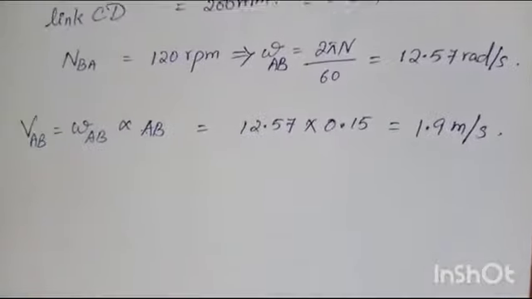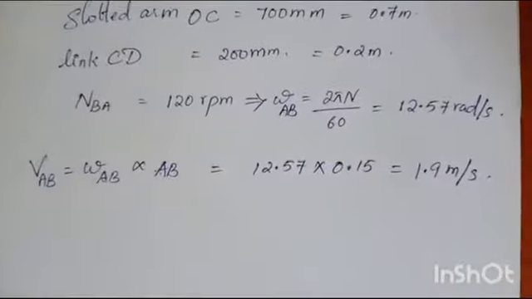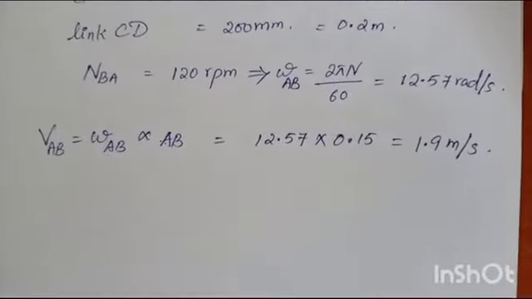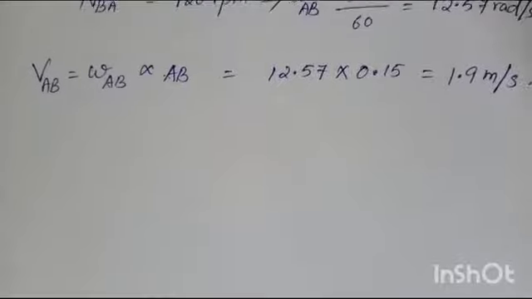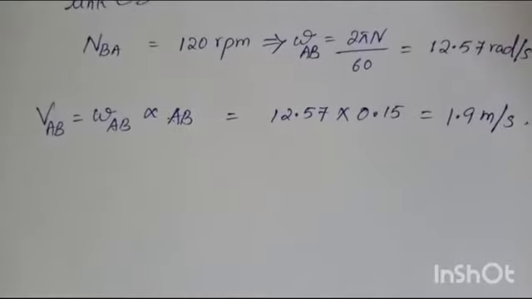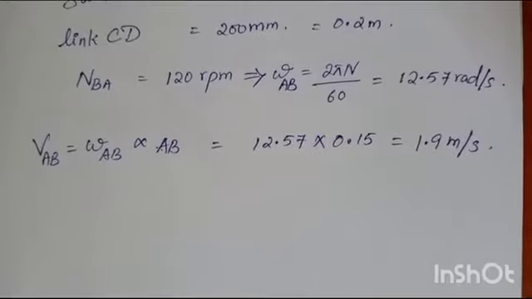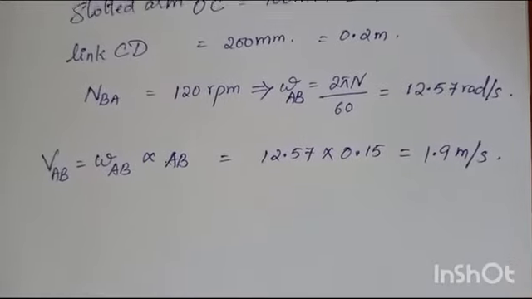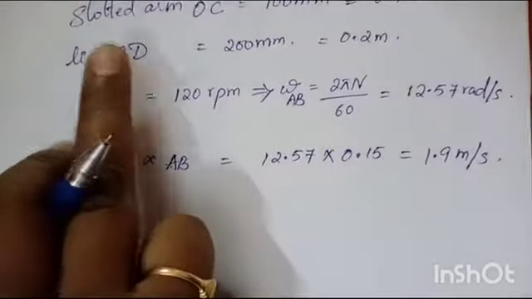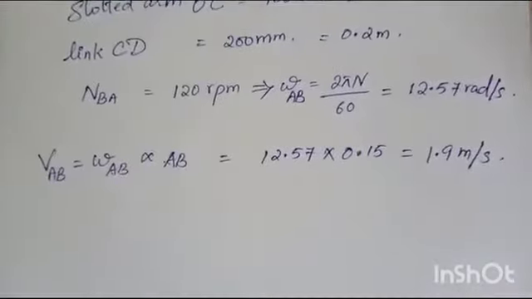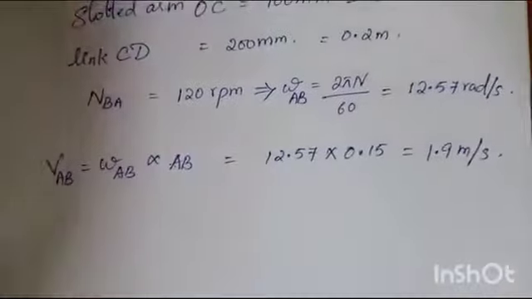So these are all the given data. With the help of this, now you have to start your construction or configuration diagram, and from this build the velocity and acceleration diagrams. Finally, you need to find out the angular acceleration of the slotted lever, that means OC, as well as the velocity and acceleration of the ram D. Ram D is nothing but the link CD is connected with ram D. So the D velocity is nothing but your ram velocity.